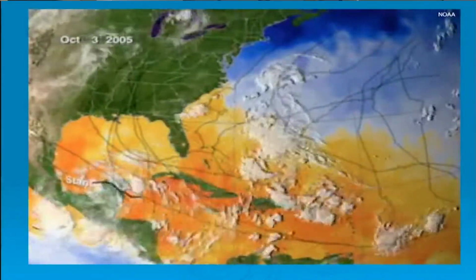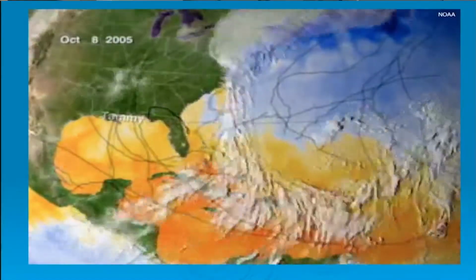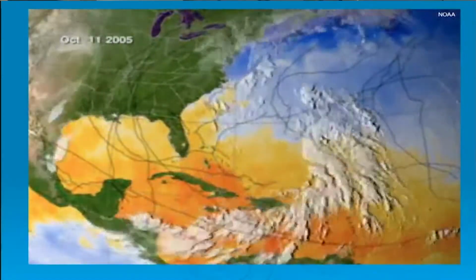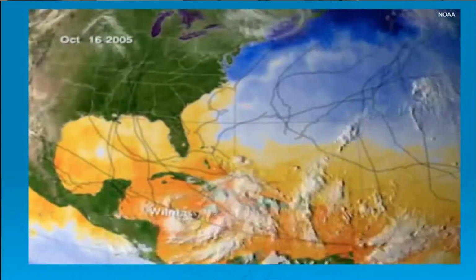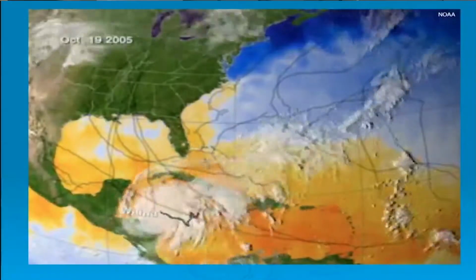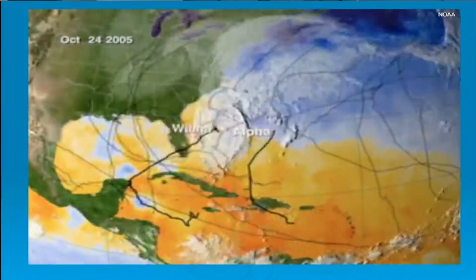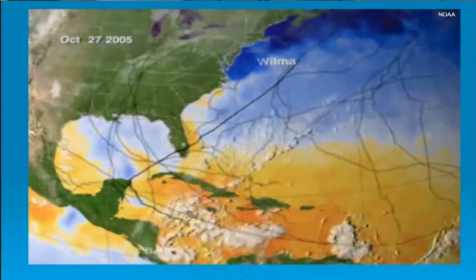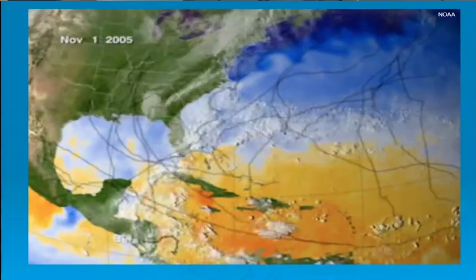Then there's Stan and Tammy. And then the strongest hurricane in the Atlantic basin to that point is Wilma. After W, they've run out of letters, so they go to the Greek alphabet of alpha, then beta, gamma. 2005 was an intense season for hurricanes.